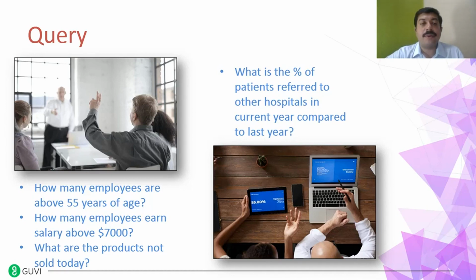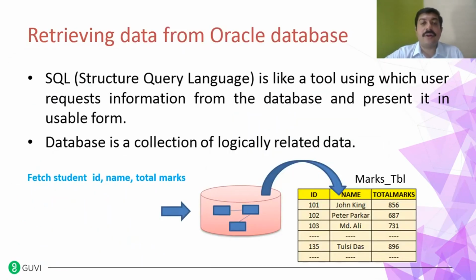report. So below there are certain queries listed, like how many employees are above 55 years of age, how many employees earn salary above $7,000, what is the percentage of patients referred to other hospitals in current year compared to last year. Maybe your supervisors are asking you different types of questions or queries every day. So being a SQL query specialist or a database professional, you have to retrieve this data or information in time, and you need to produce it in the form of a report in front of them in order to take important